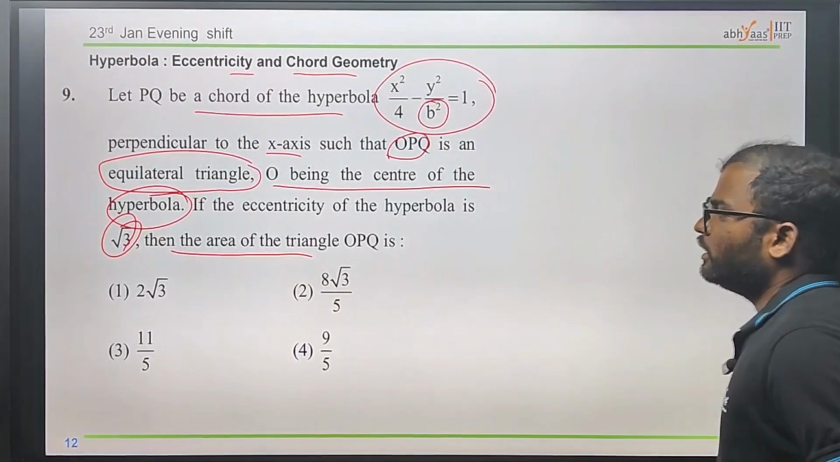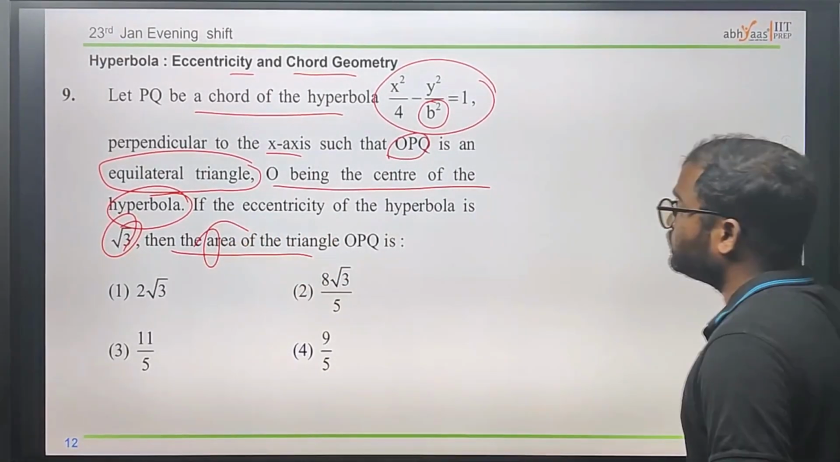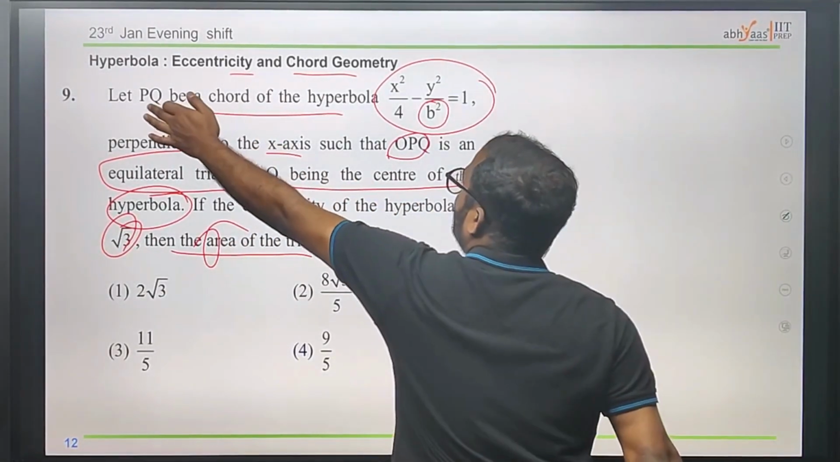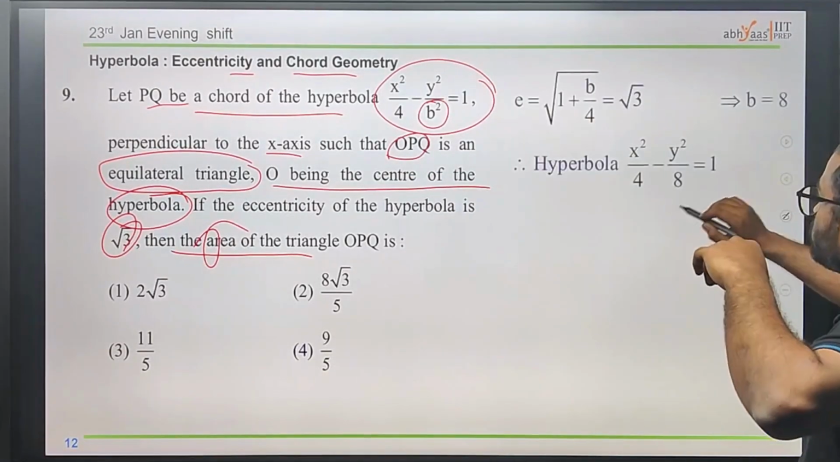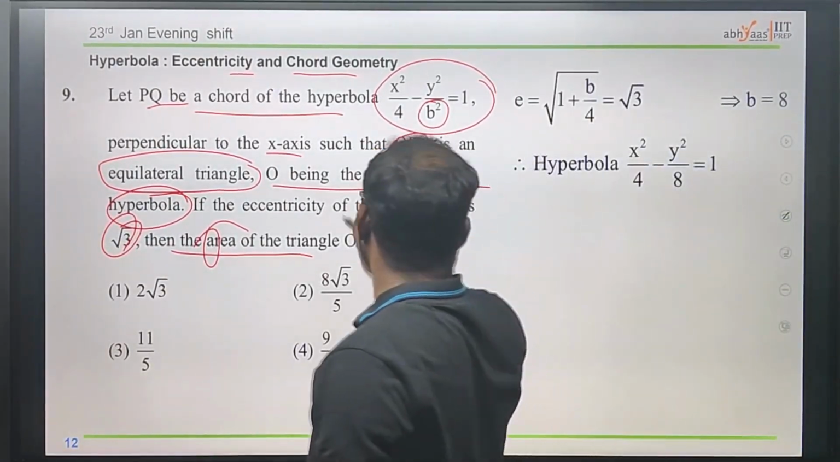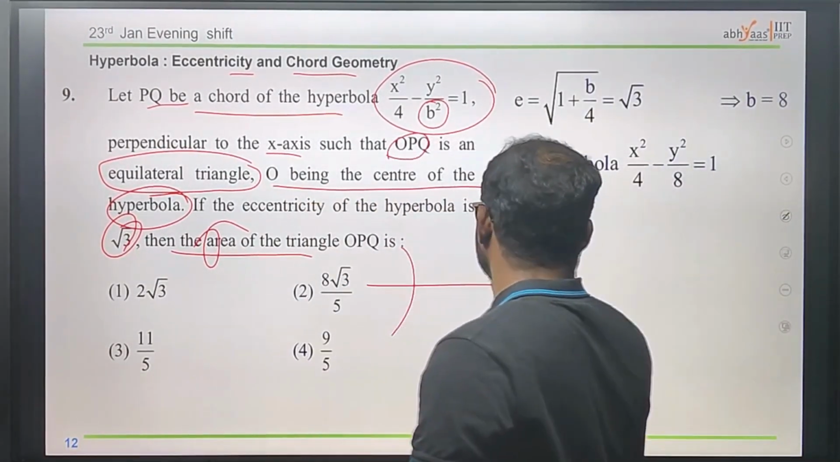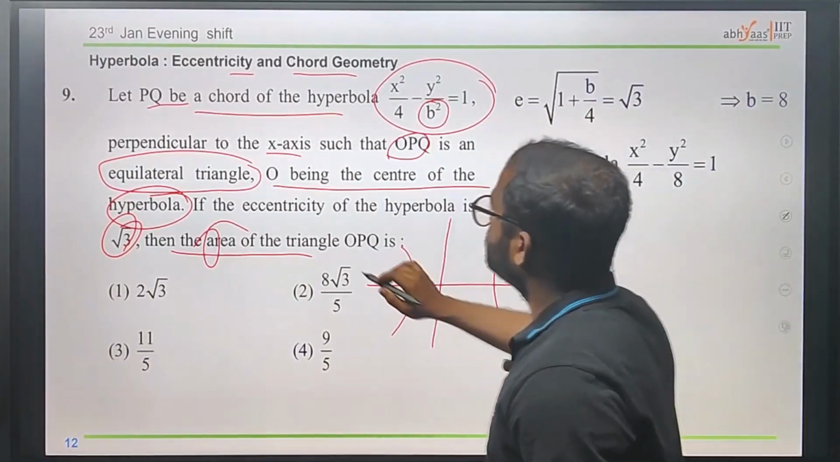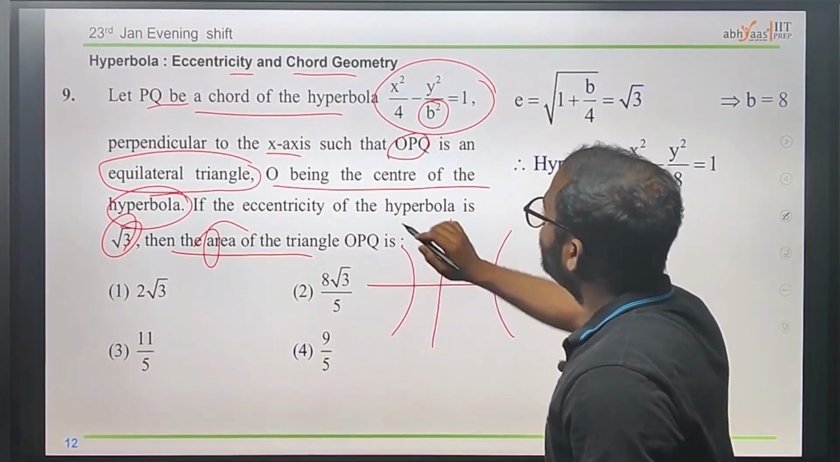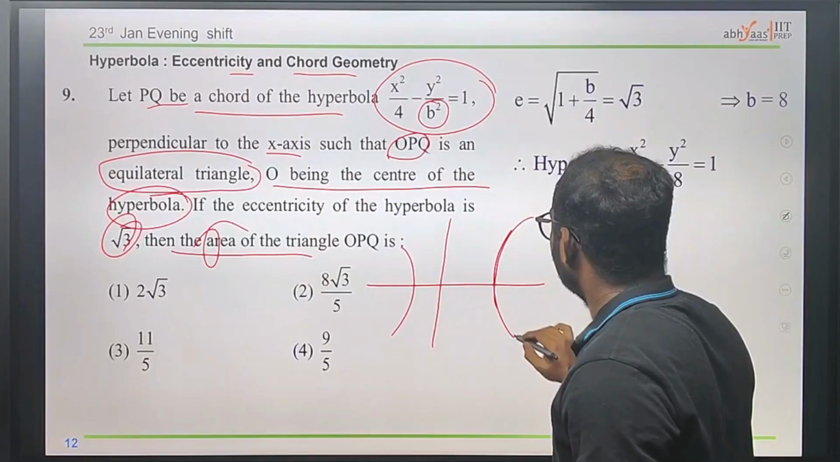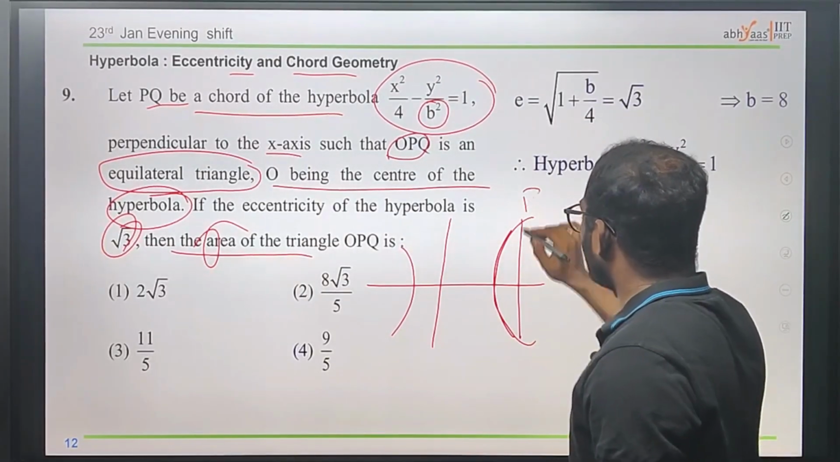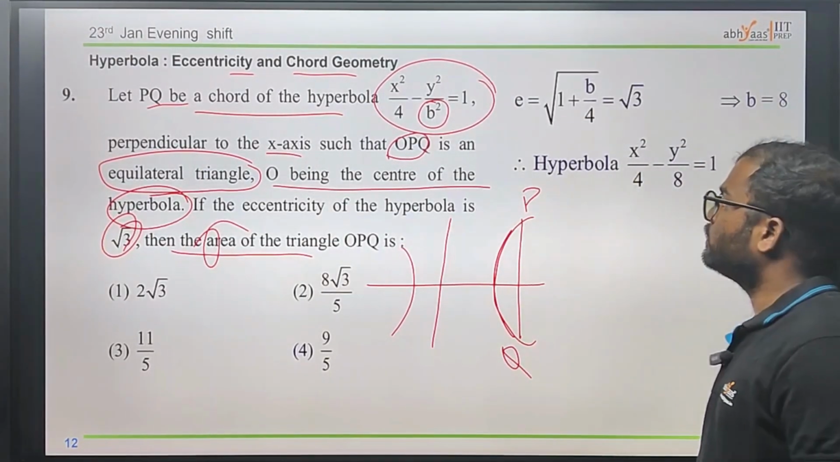Okay, we need to find the area of the triangle OPQ. See here, they've given that PQ is the chord of the hyperbola. For example, we have a situation like this, where PQ is the chord, and for this hyperbola,